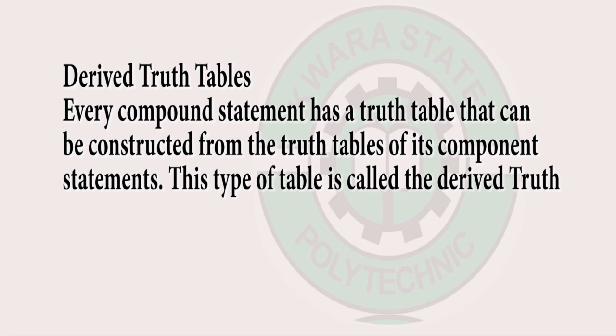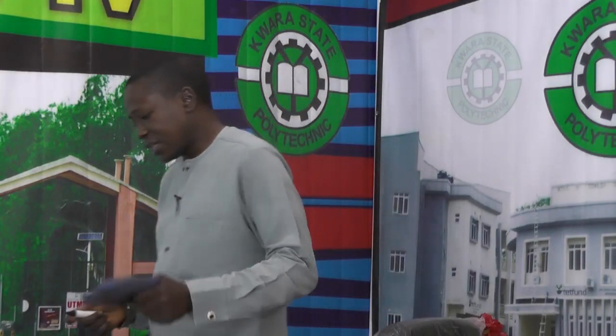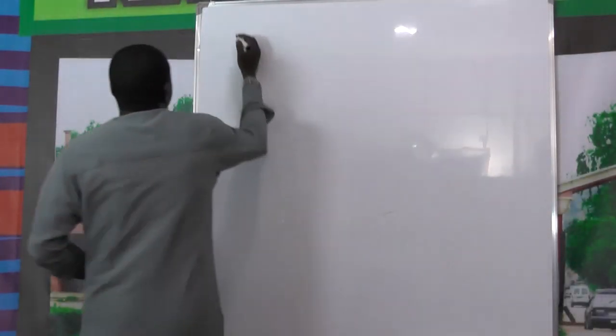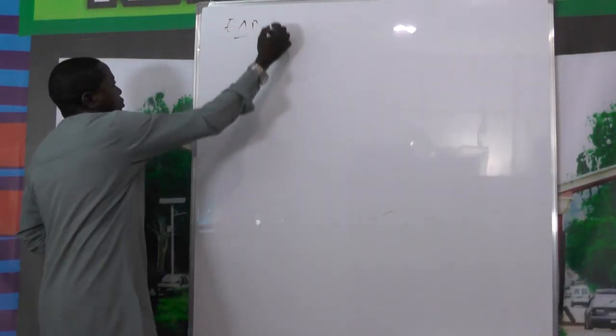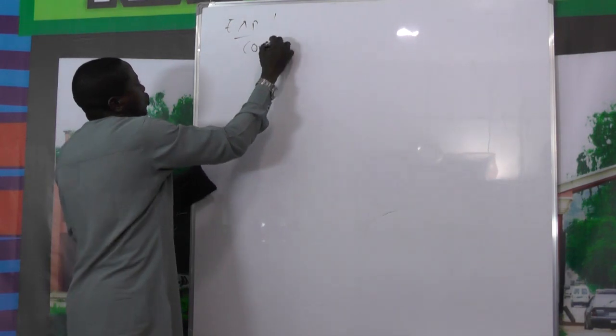This type of table is called a derived truth table. For example, construct the truth table for the compound statement. Like this example now. It says, example 1, we are to construct